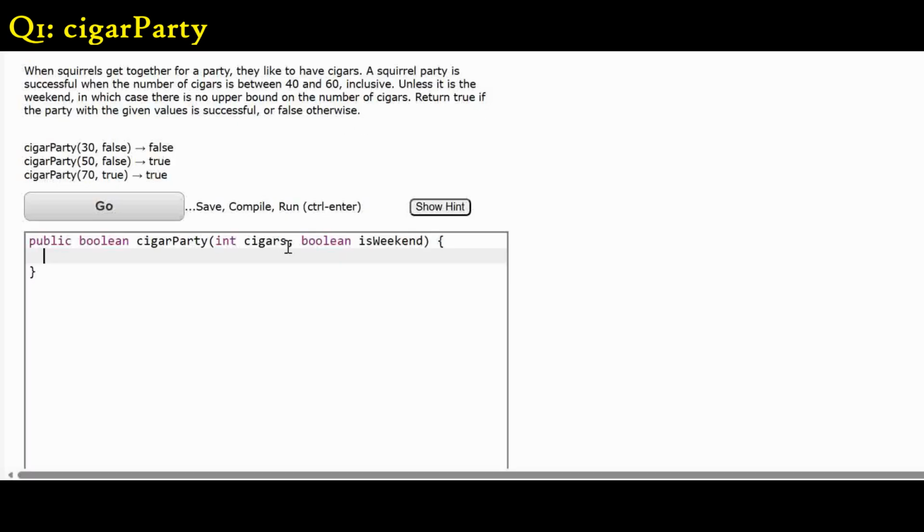So seems simple enough. We have this method declaration called cigarParty that returns a Boolean value, has two parameters, cigars, which holds an integer, and isWeekend, which signifies if it's a weekend or not. That is a Boolean value. And so we just want to check for these two conditions, these two success criteria. So the first criteria,